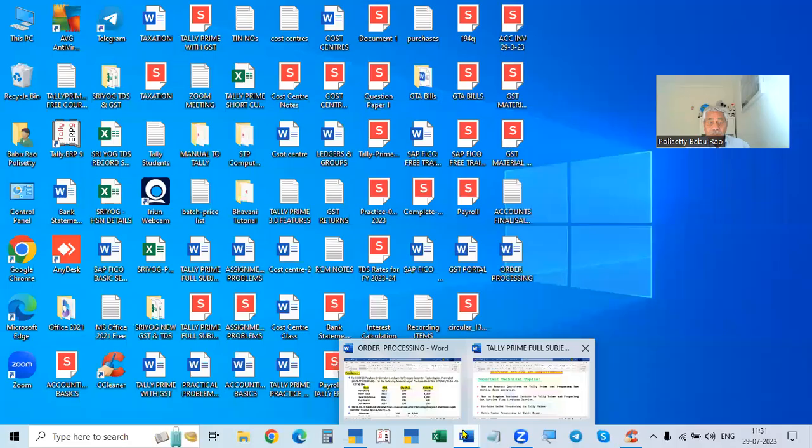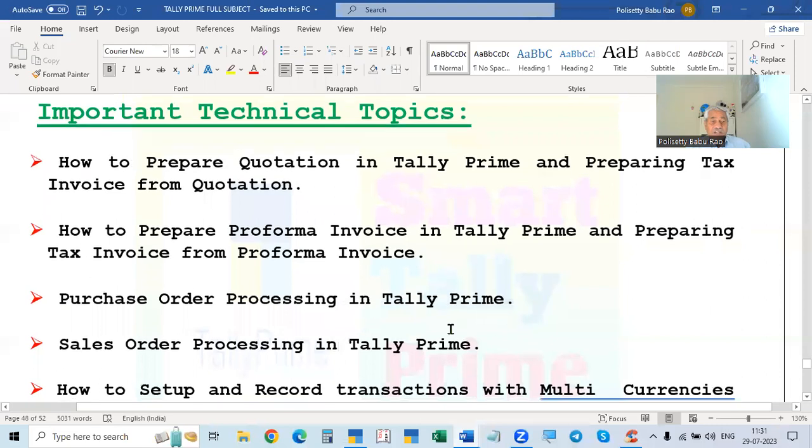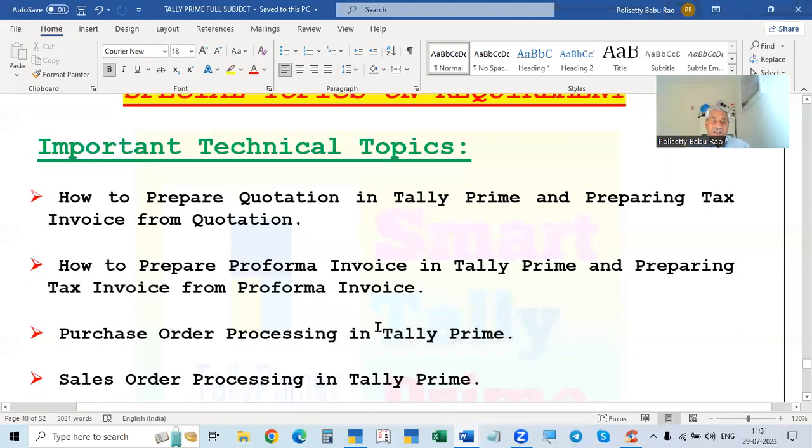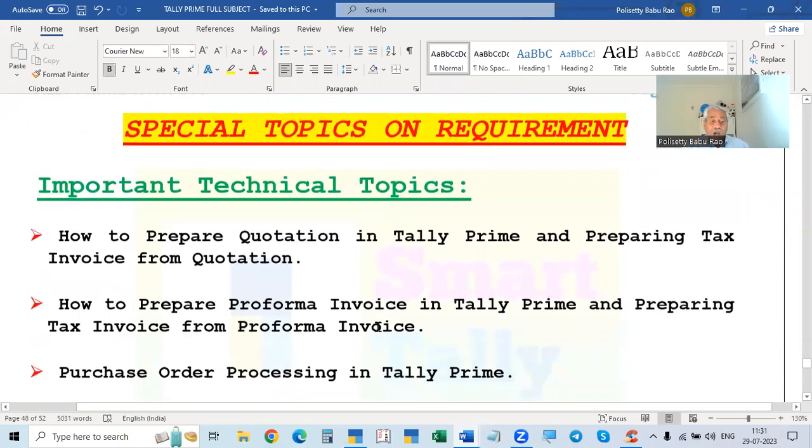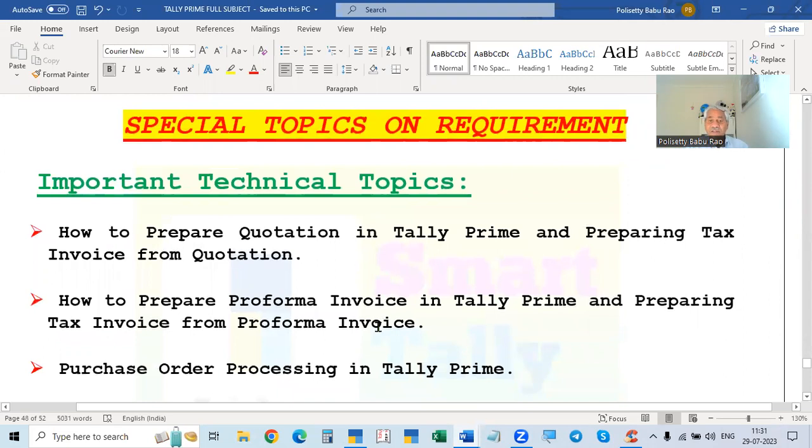Okay, today our topic is purchase order processing in TallyPrime. Purchase order, and then the next topic is sales order. How the order is processed, that means how the purchases are done. Purchase order is processed. Before that, we learnt about this